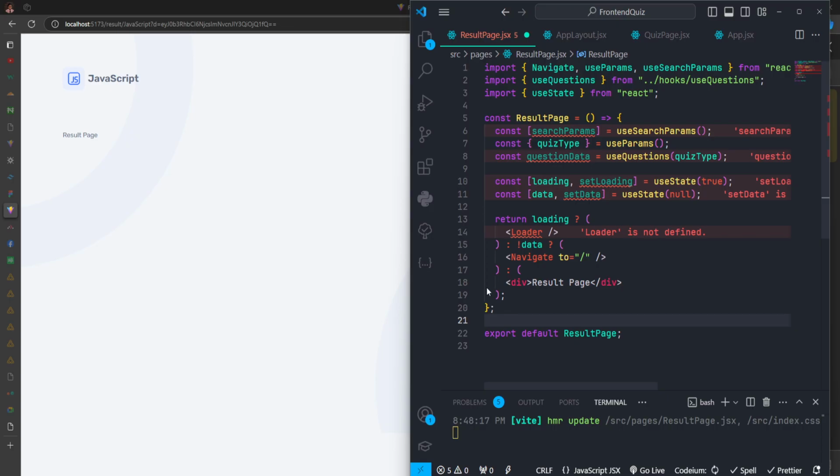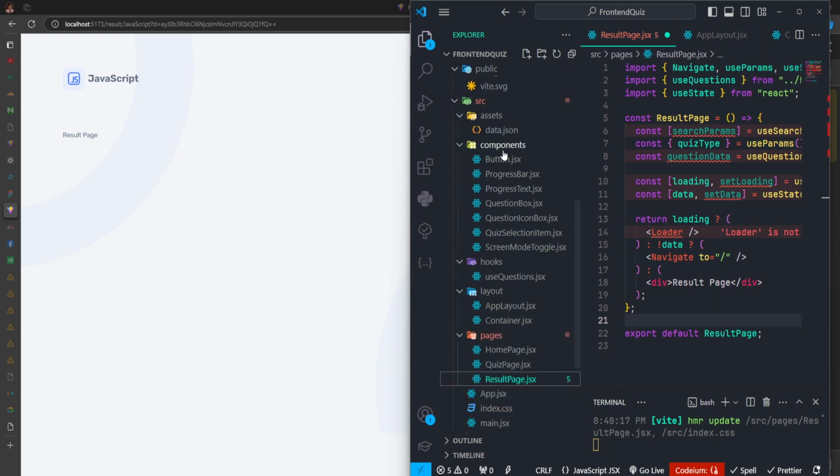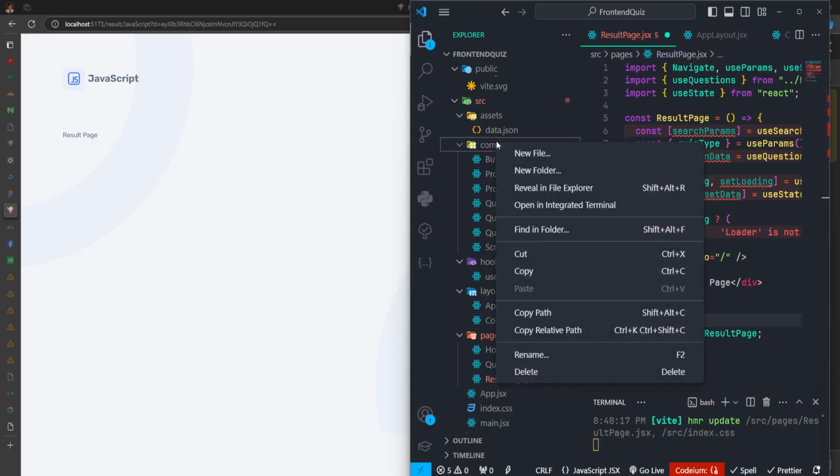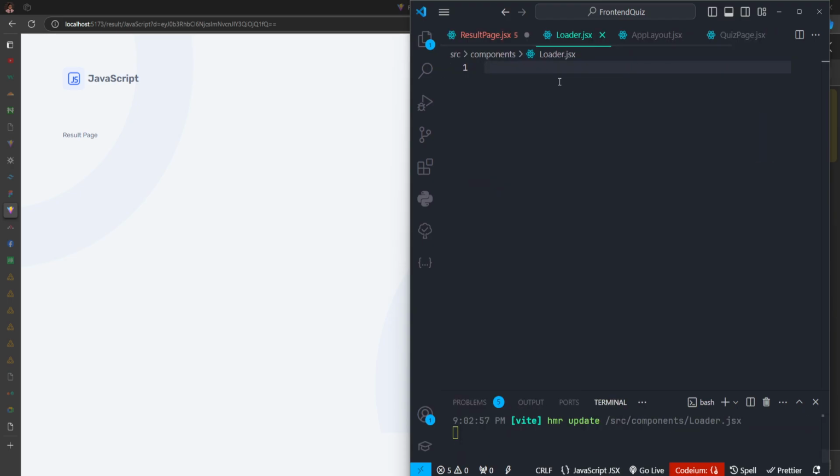But right now we don't have this loader yet, so it's a component that we need to add there, which I'm going to do. I'm going to go into this component folder, and we are going to create a new file here, which is going to be loader.jsx, and we just need to generate our